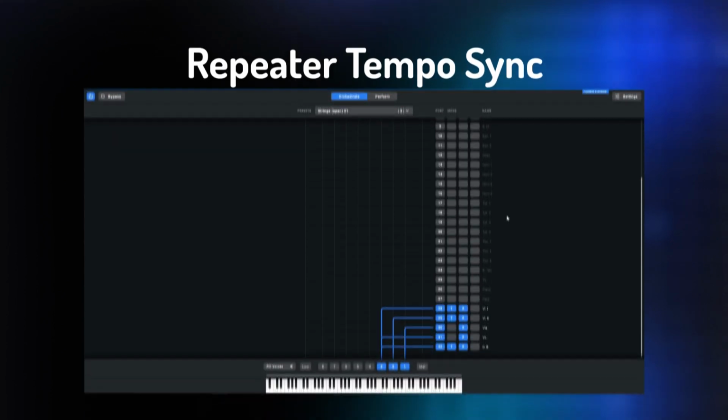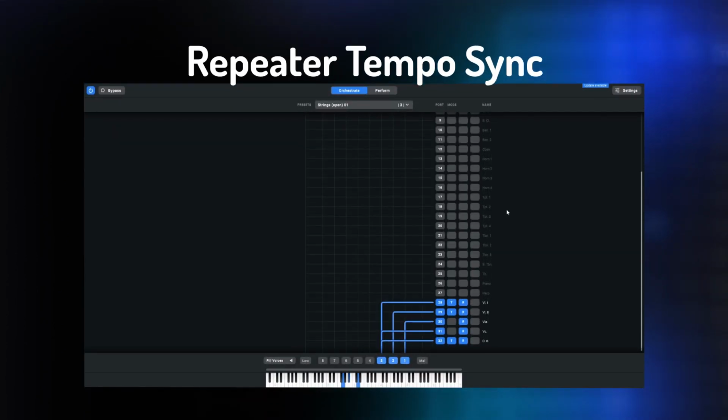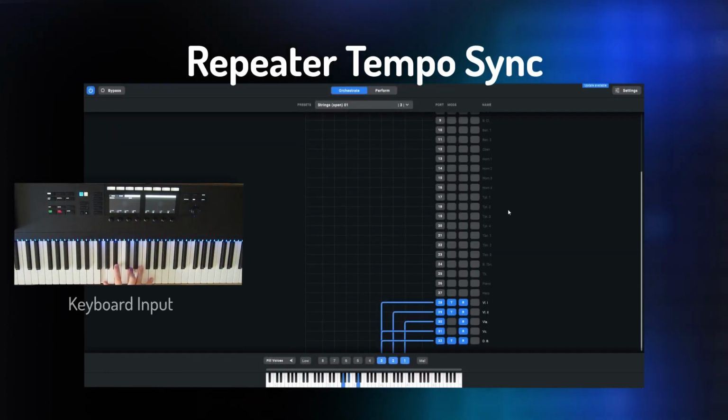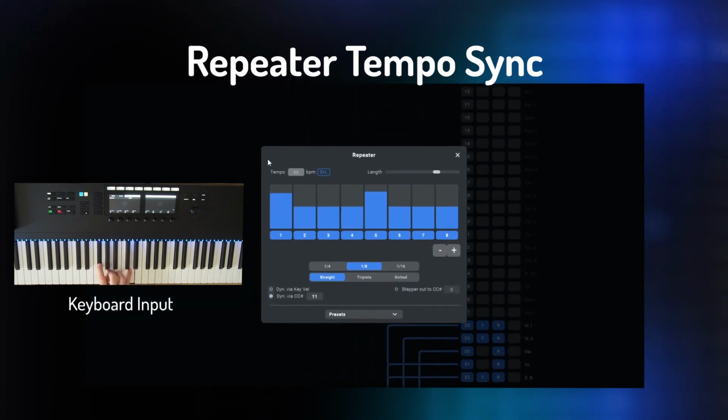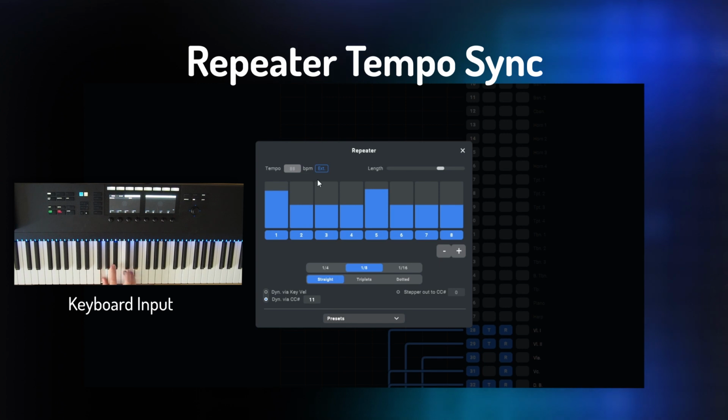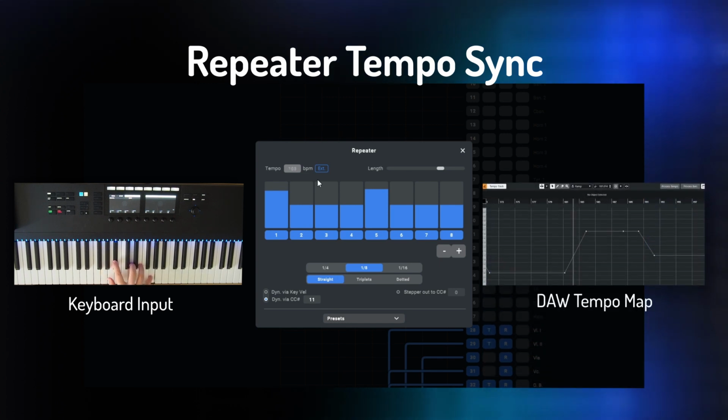Next up, we have the repeater tempo sync. You can now send MIDI clock from your DAW to the Divisimate loopback port and this way sync the tempo of the repeater to your DAW tempo. This way, the rhythms generated by repeater plugins will be following any tempo changes in your project.